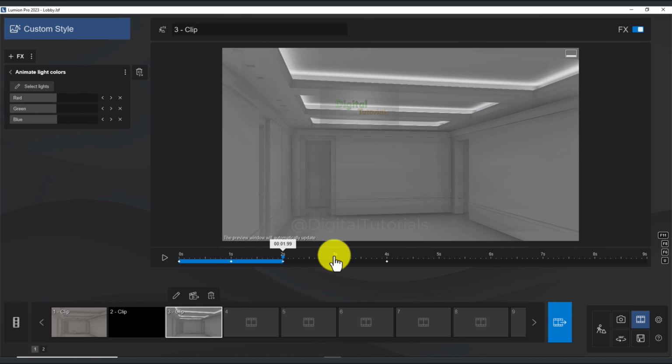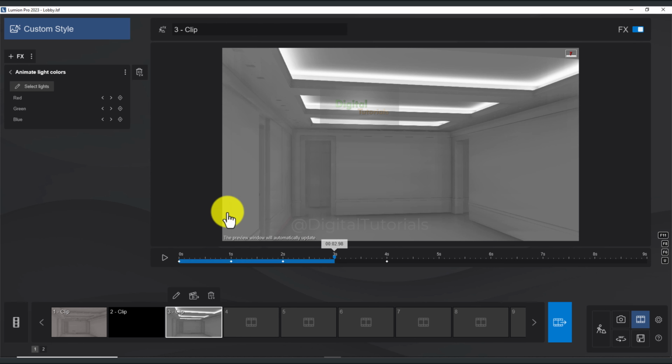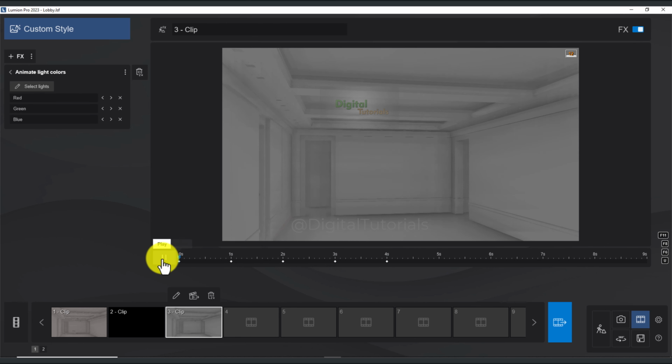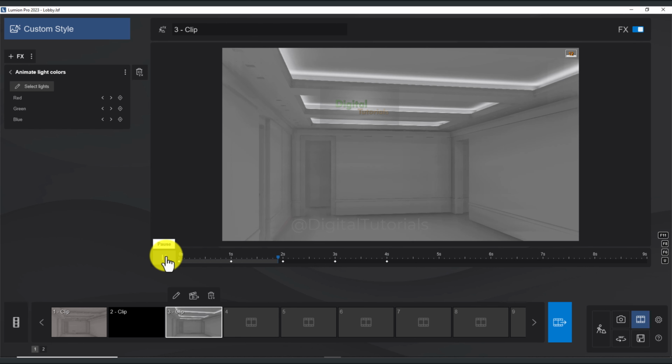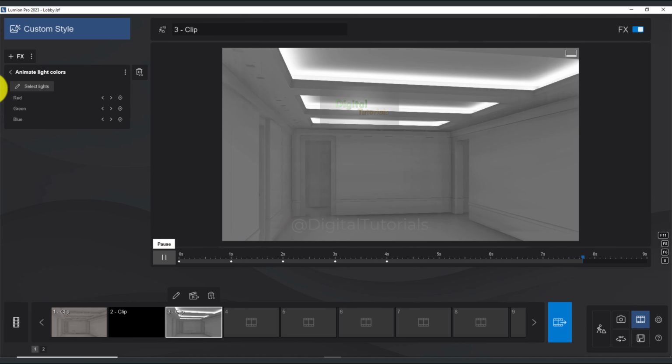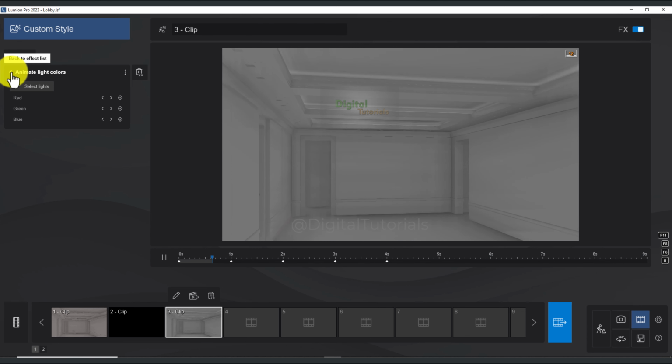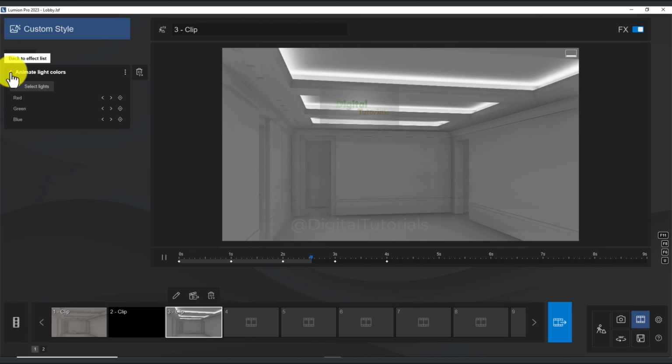Okay, and around 3 seconds, that's fine, and the 4 is the full. Okay, so you can see the slow dim effect in your scene. Okay, so I hope you understand the concept of this tutorial and how you can animate light colors or light